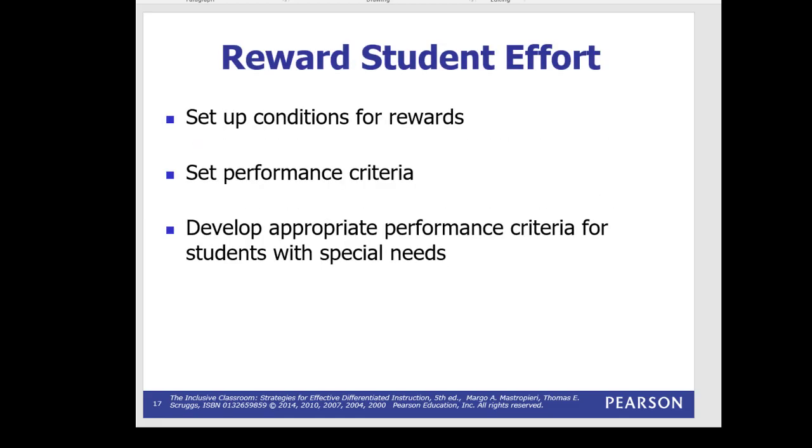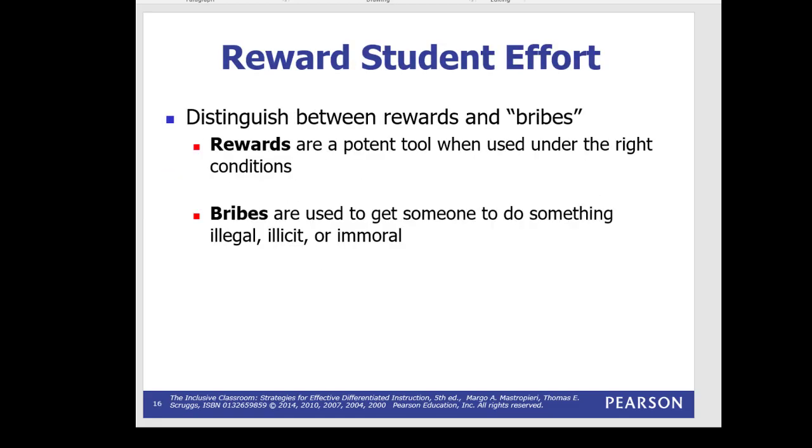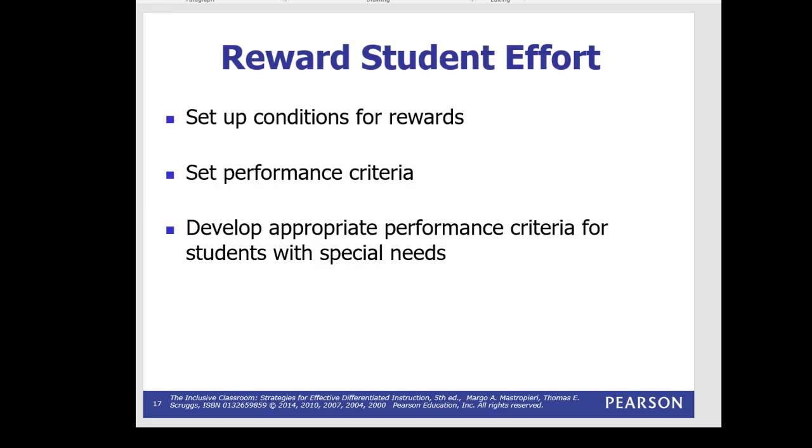Understand the difference between rewards and bribes. Aside from what the book says about bribes being something we use to try to get students to do something negative, bribes can also be where you're trying to get the students to do something neutral or positive, but it's done not even as an extrinsic motivating factor, but it's like, okay, do this, get a piece of candy. Sit still, get some candy, because I don't want to deal with you, I don't want to manage you. It has to do with a lot of how we are seeing it. If we're using it as a bribe versus a reward, they're going to take it as a bribe versus taking it as a reward.